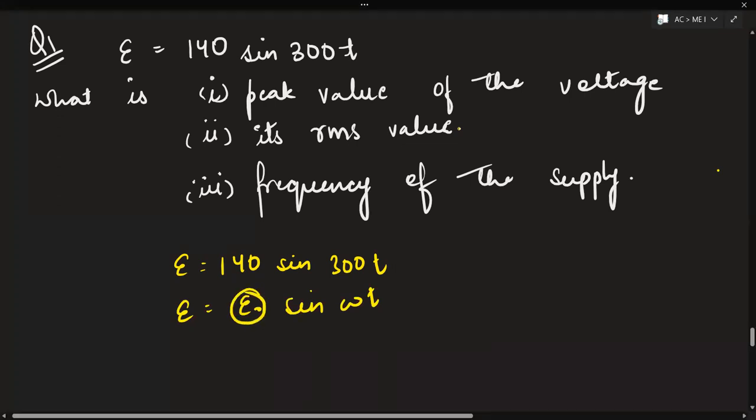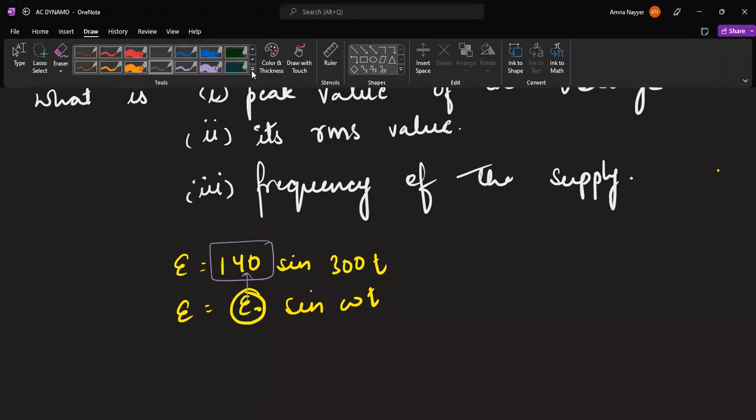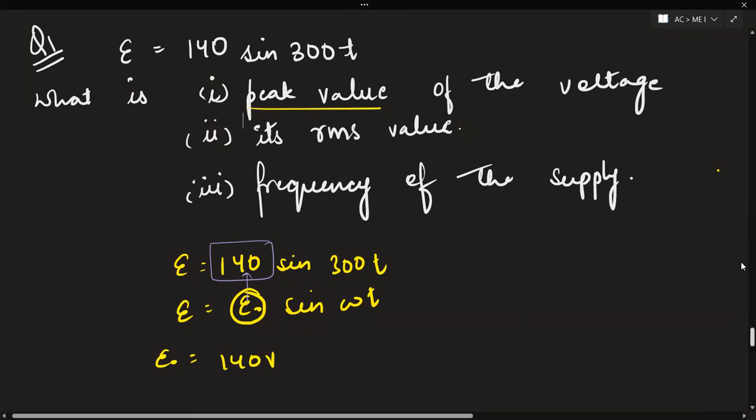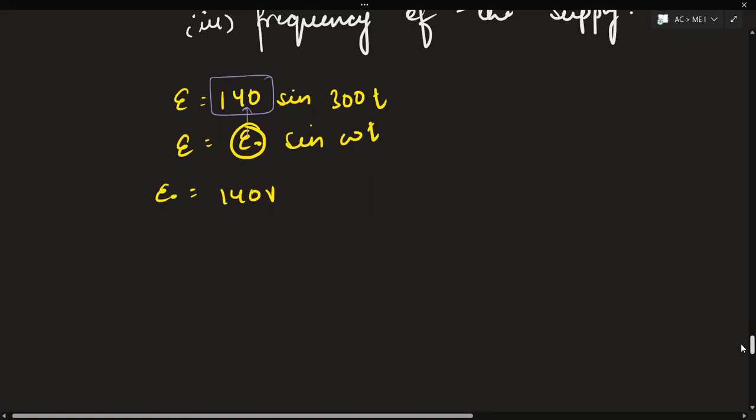So E naught is the peak value. From here, the peak value is this. So directly you have to compare it from the equation. So E naught becomes 140 volt. So the peak value you can directly write as 140 volt from here. Now, if you have the peak value, we had seen a relation between peak value and RMS value in the last class. So RMS value,